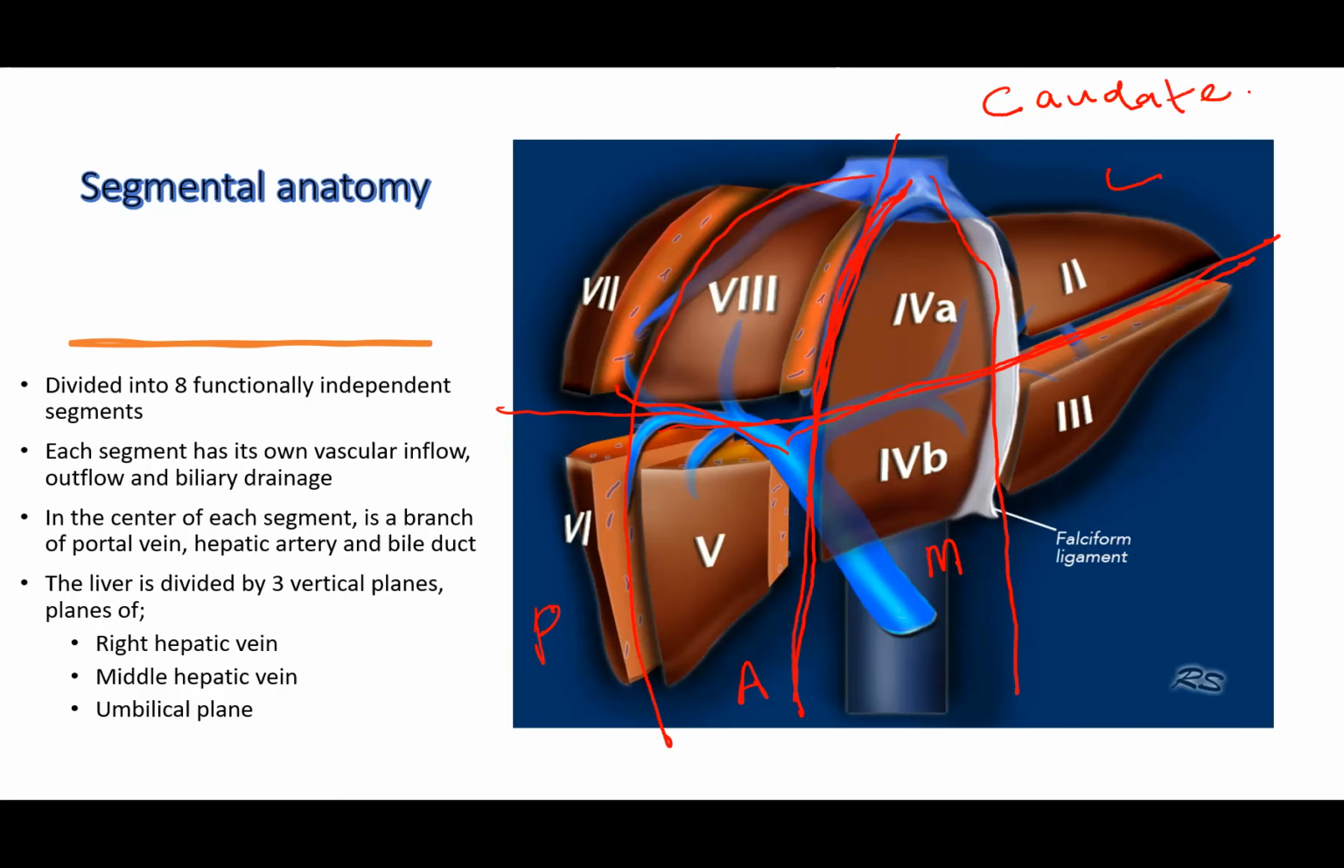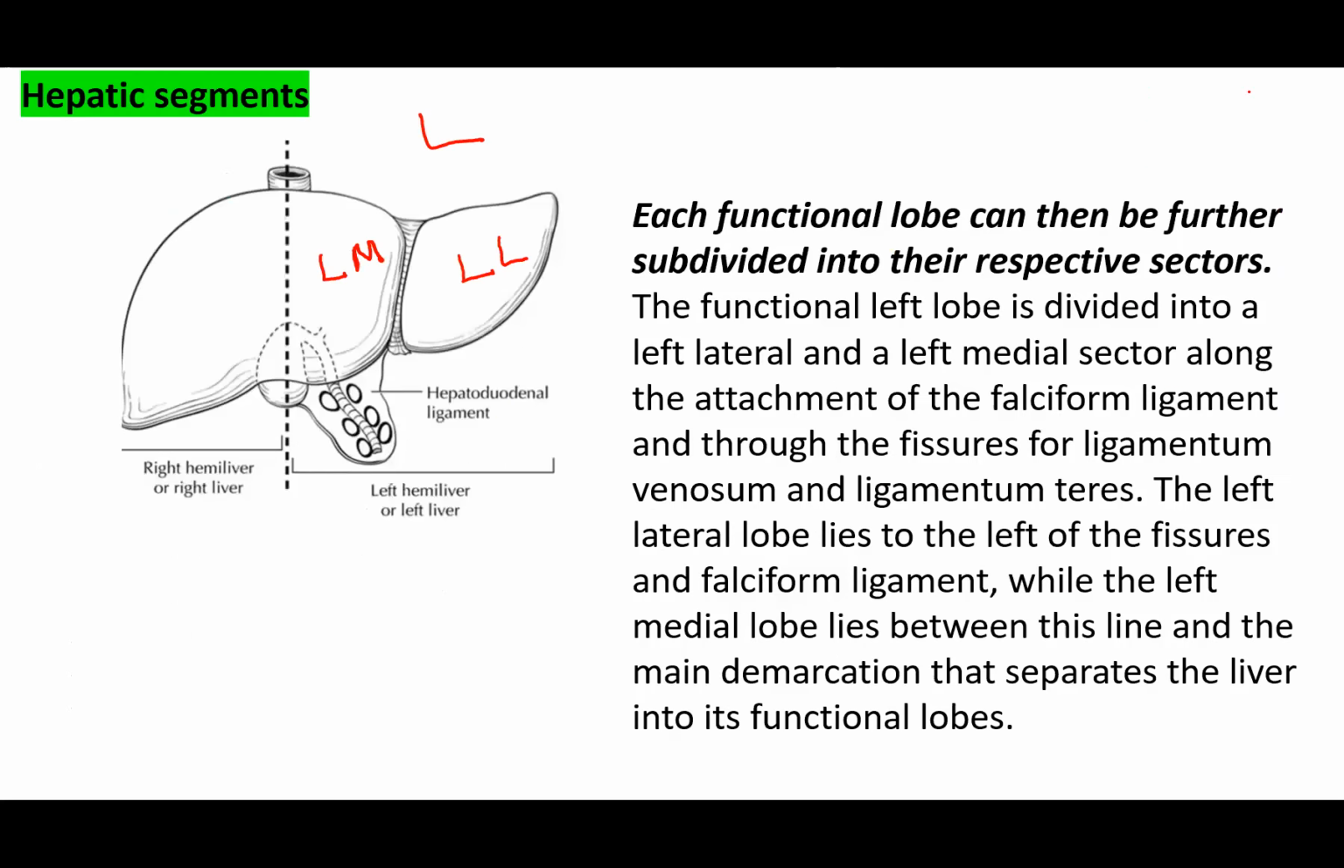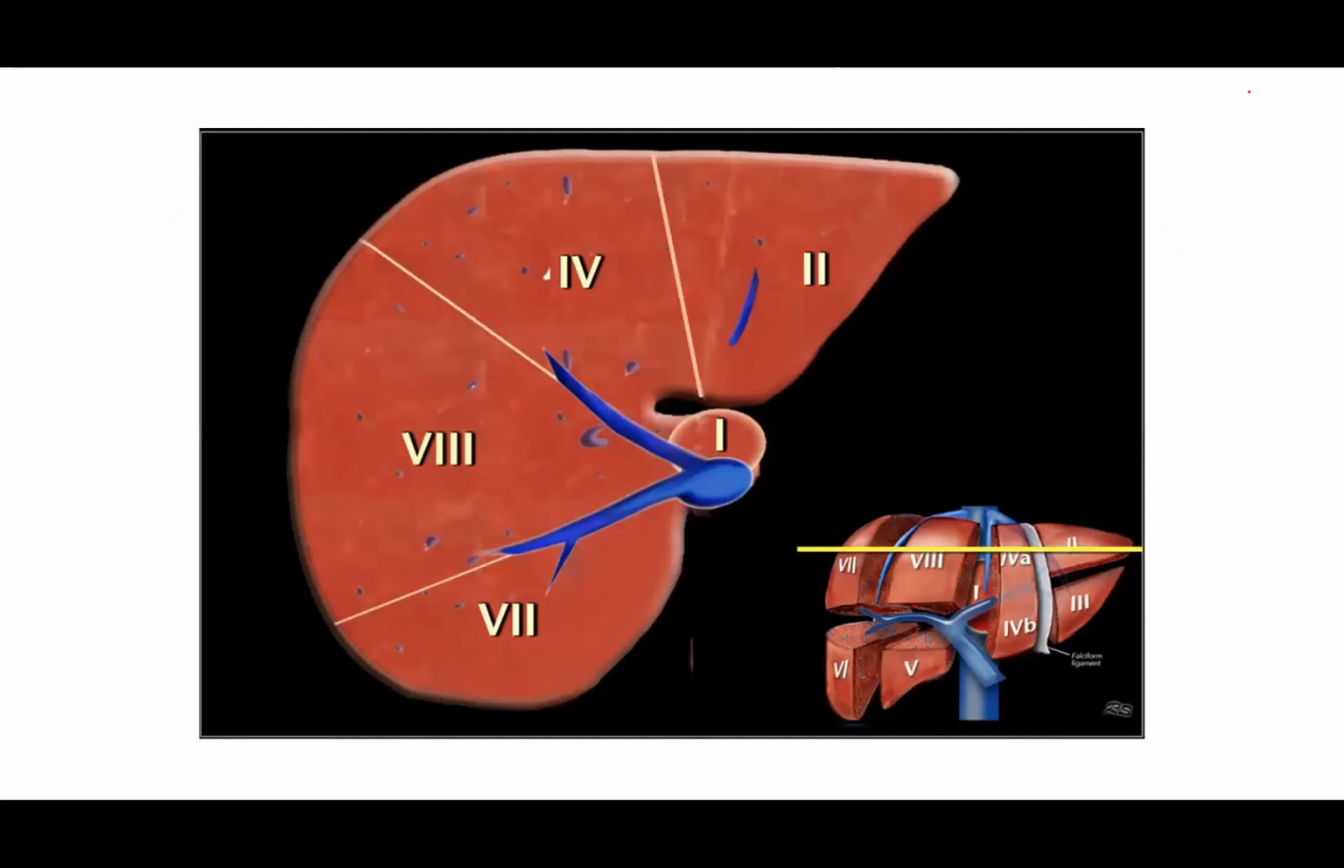And of course, this caudate lobe is at the visceral surface. You can't see it from the diaphragmatic surface. Okay, now this is caudate lobe, number 1, segment 1. Okay, then you have the segment 2. If you now go in a clockwise manner,